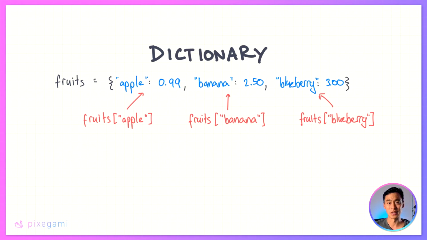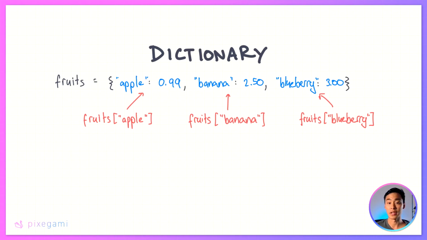Dictionaries are similar to lists in that they let us store data and we can access it using these square brackets. But instead of an ordinal index, and here ordinal means integers that are in a sequence, a dictionary uses a key, which could be anything: a string, a number, or even more complex things like a tuple, which you're going to learn about in the next chapter. And in this example, I'm using a string as a key.